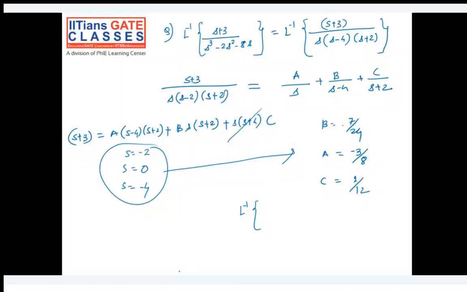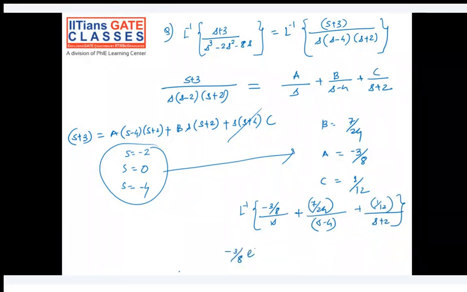B is 7 by 24. A is minus 3 by 8. Right? So minus 3 by 8 divided by S plus 7 by 24 divided by S minus 4 plus 1 by 12 times S plus 2. Okay. And if you now take inverse Laplace, you will easily get minus 3 by 8 e to the